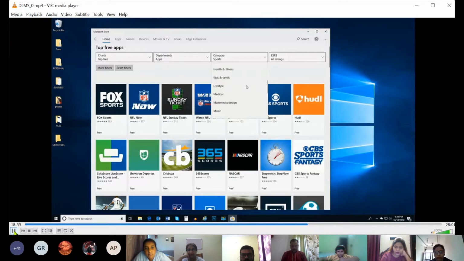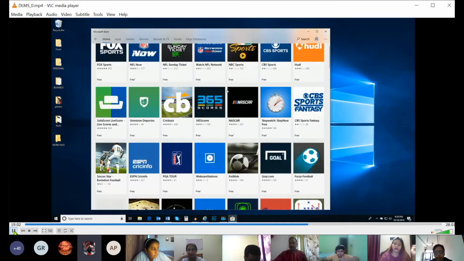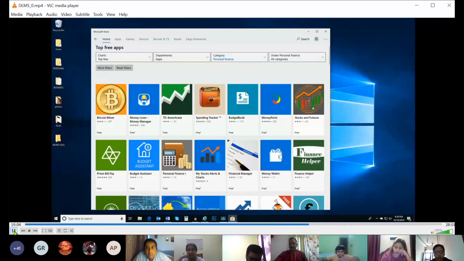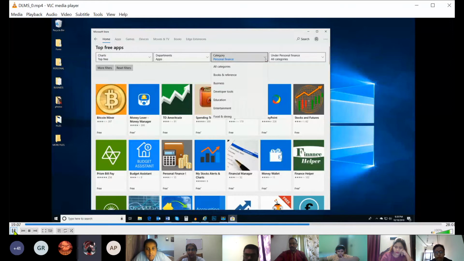An app to help you manage your books or track your portfolio? You will find those apps in the personal finance category. For instance,